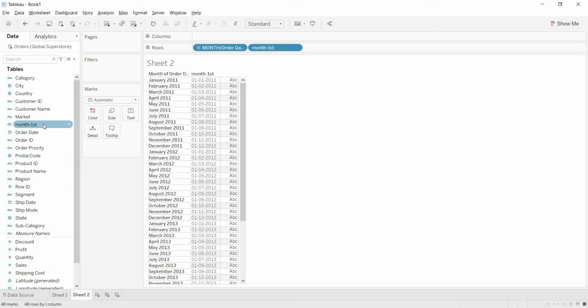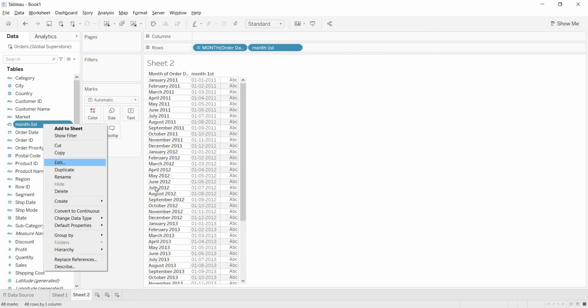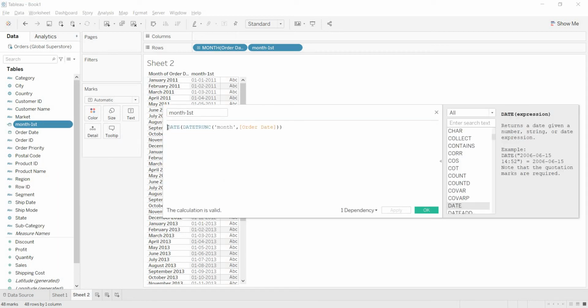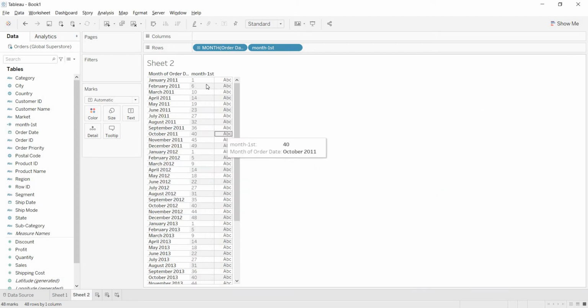Now I am using the same calculation that I have done. Here I am taking week of the first of every month. When you take week of the first of every month, what you will get is the week number. In 1 year you will be having 52 or 53 weeks.